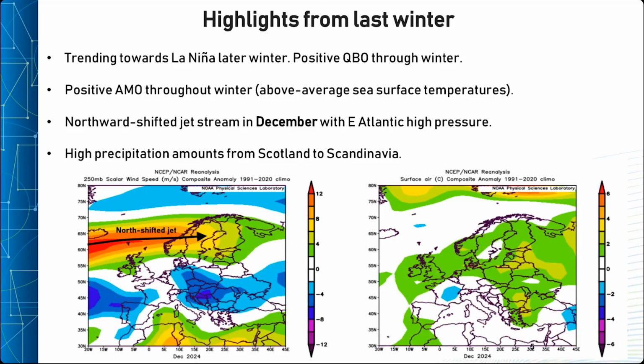So these are reanalysis charts for December 2024, showing a strong northward jet stream, which helped to promote above average temperatures across Northern and Eastern Europe during December, but closer to seasonal over Central and Western Europe. Low pressure systems tended to follow the course of the jet stream, and that brought above average precipitation from Scotland to Scandinavia. Our cut-off low pressure systems also brought some unsettled and occasionally stormy conditions in the central and eastern Mediterranean.